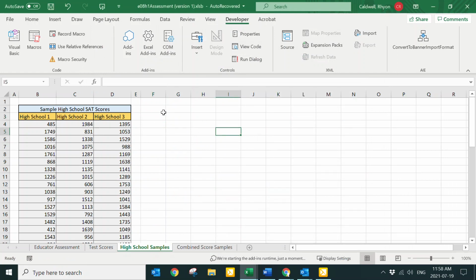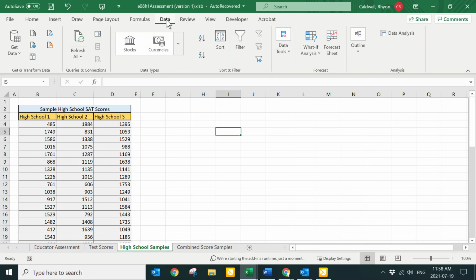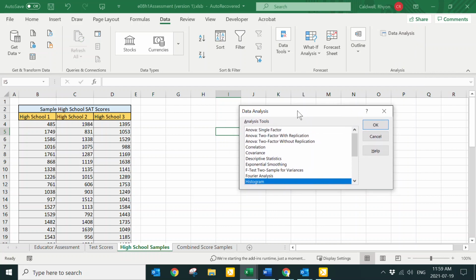So we know we've got it, but where did it go? Well, the analysis tool pack resides in the data tab. So you go in the data tab, a new group is called analysis, and there is the data analysis. Just like if we had the solver installed, you'd see solver would pop up right there. So I want to go into the data analysis tool pack, and what this does is it has